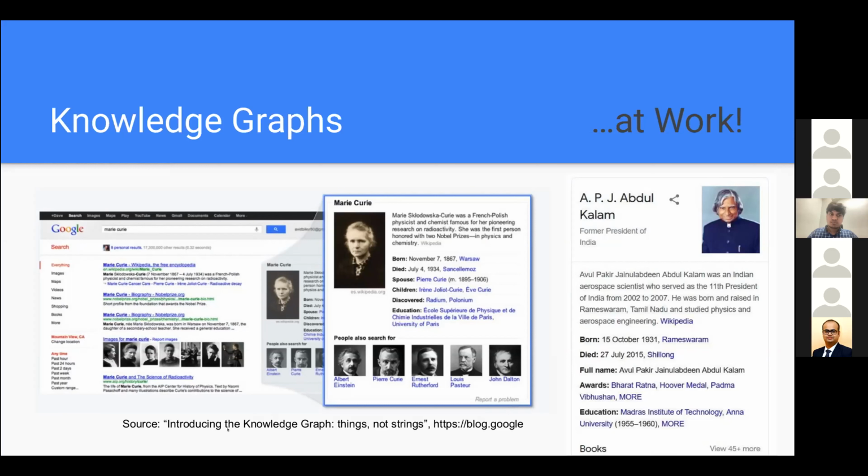The title of this blog post is "Introducing the Knowledge Graph: Things, Not Strings." I would want to drive and stress this point here that nowadays machines are not treating words as mere strings, but they are trying to understand that these are not just some set of characters that constitute a string, but rather they are actual things in the physical world, right? So that is where the current focus of research in human computer interaction is also going towards, right? And knowledge graphs is definitely envisaged as a big contributing factor in that direction.